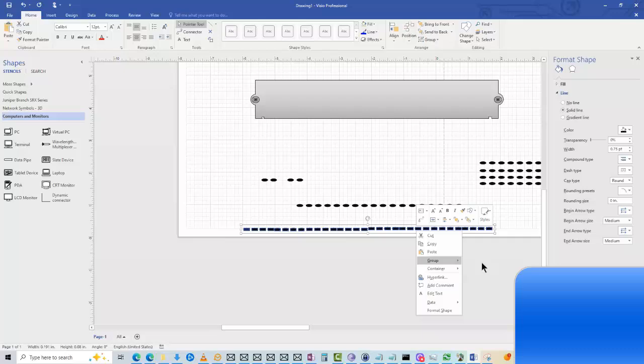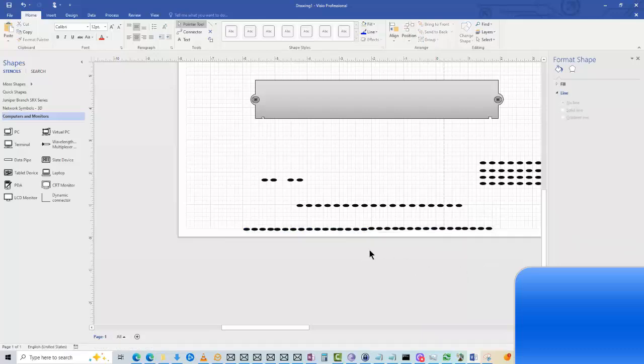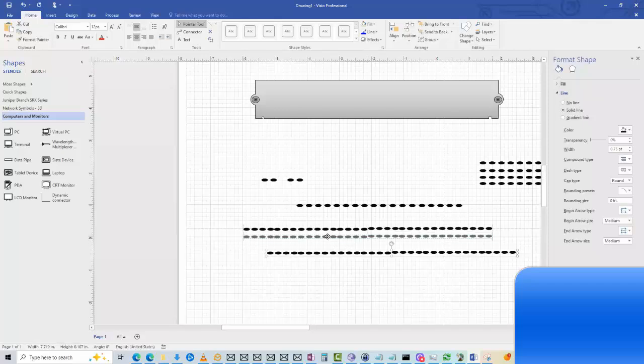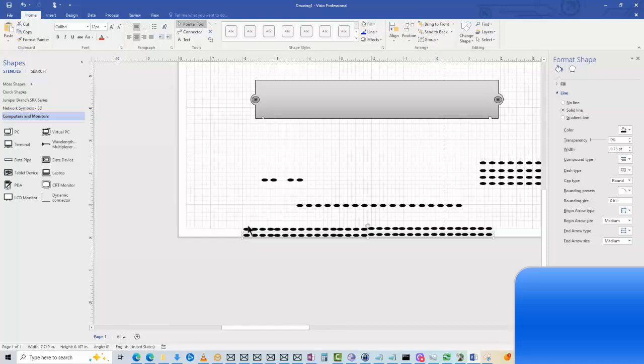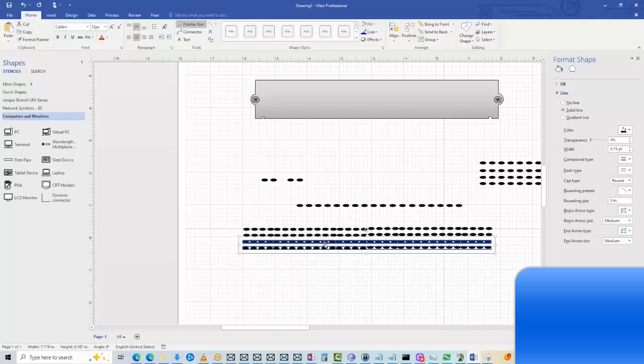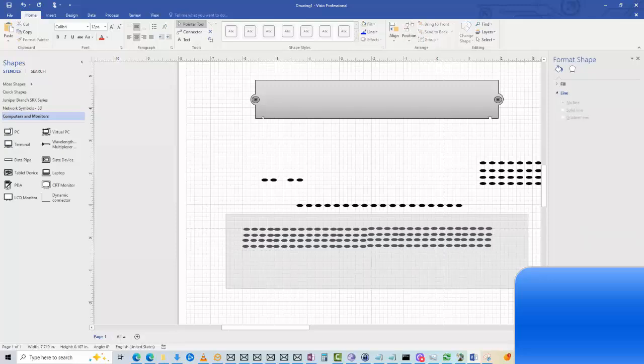Yes, I know it's off kilter. Grouped them together, and now I have a whole line. Then I copy the line, copy, paste. Bring it underneath. Copy, paste. Move it up a little bit, and now I've created